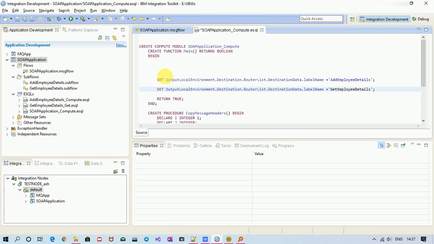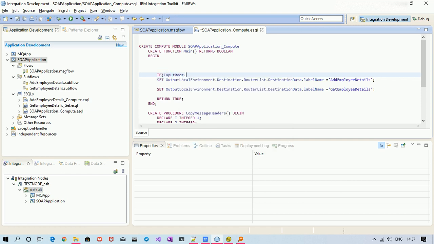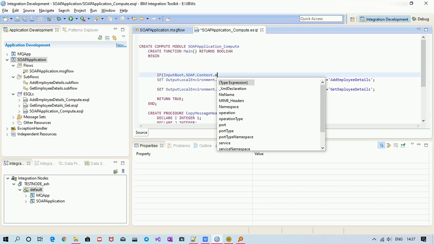So for that we can write an if condition which says if input root dot soap dot context there is a field called operation, right?